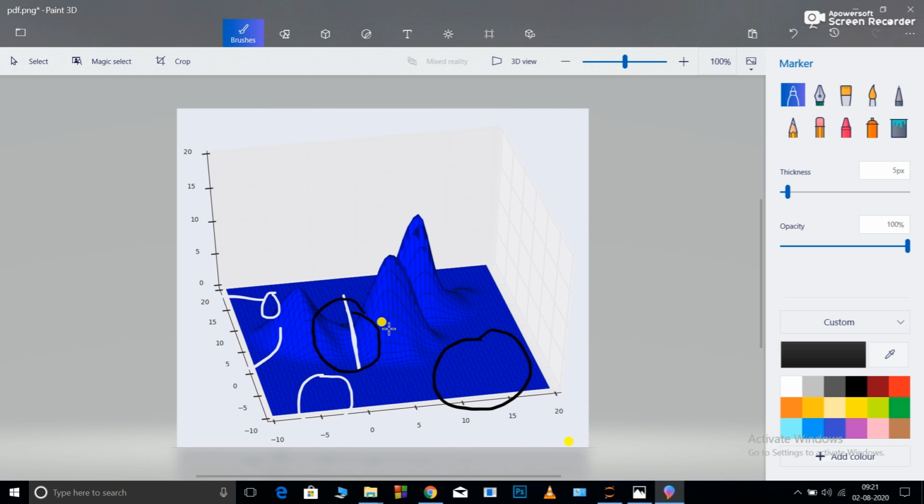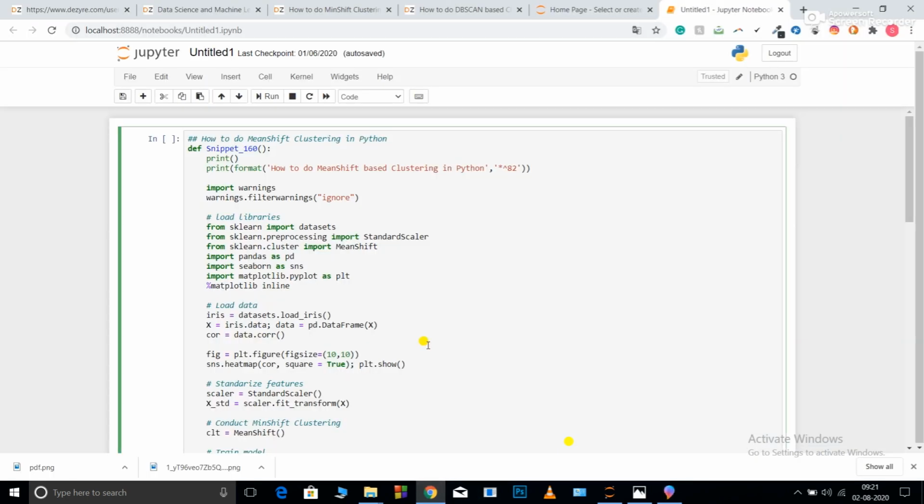But it doesn't know this, because it only works on the principle that the mean shouldn't shift. As I acquire new points, the means will change. Thus, it will think that these two clusters are the same, and it will keep on clustering. So basically you need to adjust this bandwidth in order to get the required number of clusters.